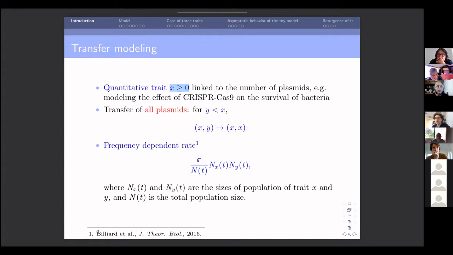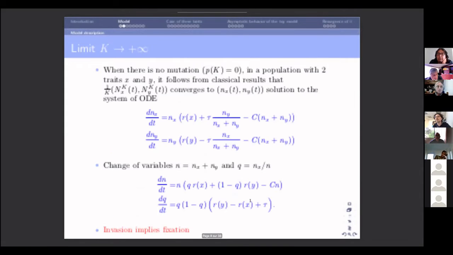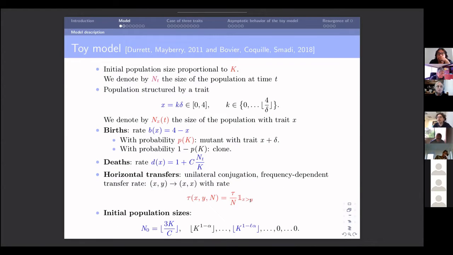It could be density dependent, or other examples, but we chose this one for two reasons. So the first one is that it's supported by some biological data, so I refer here to this article and the references therein. And the other one, I'm going to give it in two slides. Okay, so before explaining that, let me complete the description of the model. So it can be seen as a toy model for several reasons. You will see it's not so complicated in terms of parameters, but it's already difficult enough to study this model.